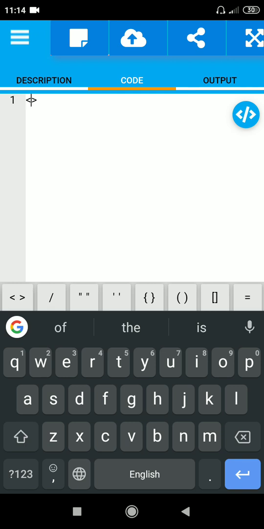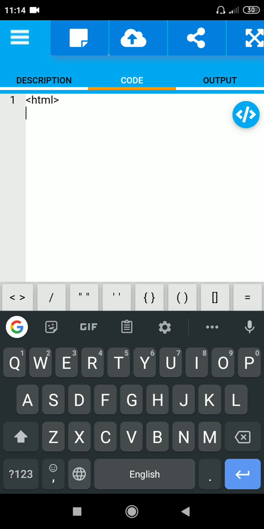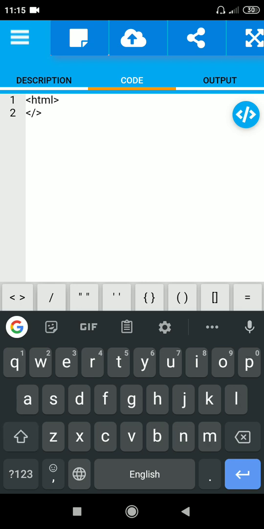It is not a programming language, but it's a hypertext markup language. It is used to create websites and many more. First of all we are using the HTML tag, and every tag works as an open tag and a close tag. So here we are using the close tag of HTML,